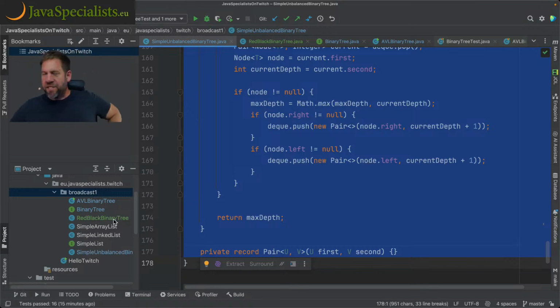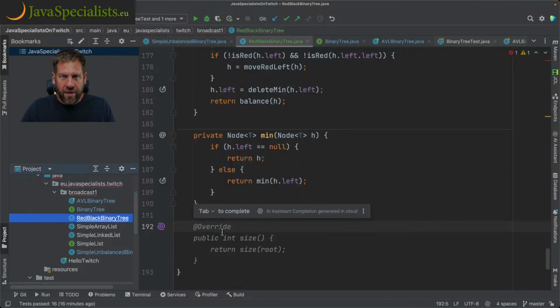In fact, what we need is actually the visitor pattern. We need the visitor. So you can pass a visitor into the tree, and the visitor goes and visits all the different elements, also knowing where they are in the scheme of things. And then you could do this counting as a visitor. I'm not going to do that. Maybe I'll do that as another stream, actually. It might be quite a fun stream to do. But for now, I'm going to do another copy and paste. I don't like copy and paste, but